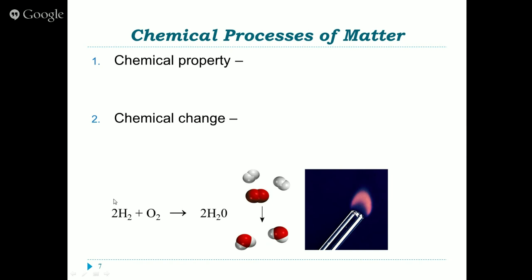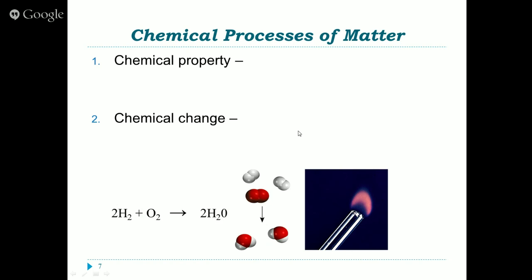Down here, we are burning hydrogen in the presence of oxygen. So this is a combustion reaction. Anytime we have oxygen present, it is combustion. But notice we have 4 hydrogen atoms to start and 4 hydrogen atoms to end. We have 2 oxygen atoms to start, and we have 2 oxygen atoms to end. They're just bonded in a different way. Hydrogen was only attached to itself, oxygen was only attached to itself, but now we formed new bonds between oxygen and hydrogen. So this was a chemical change.